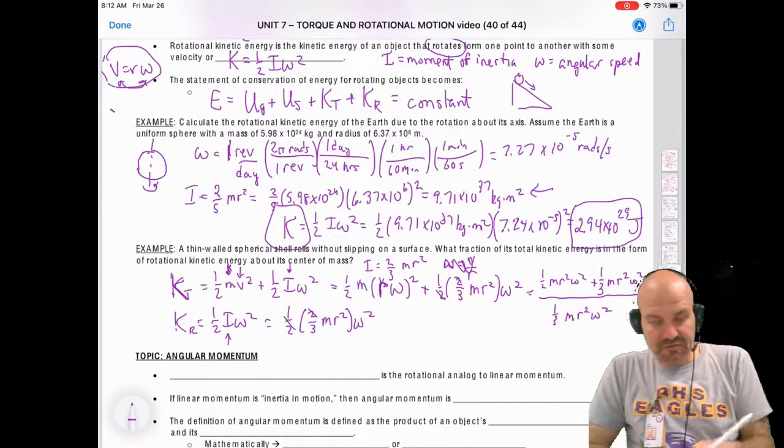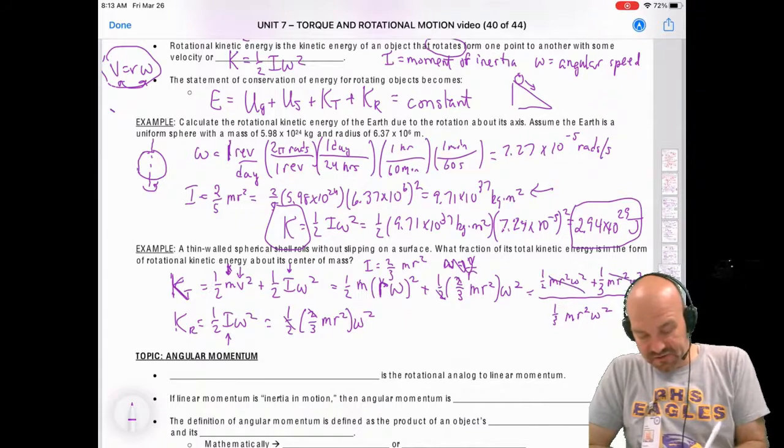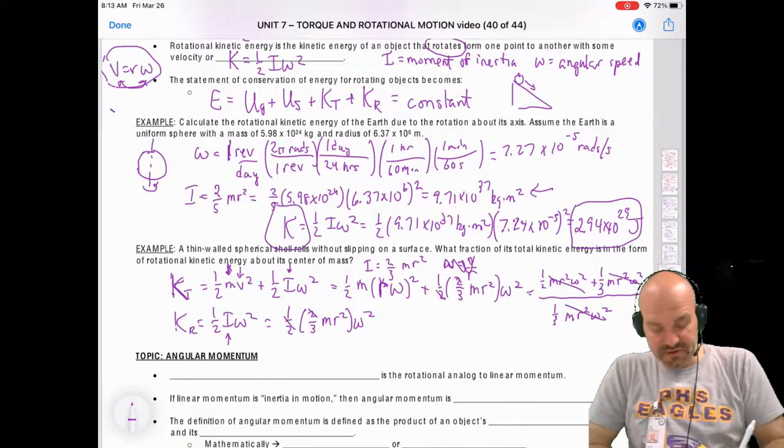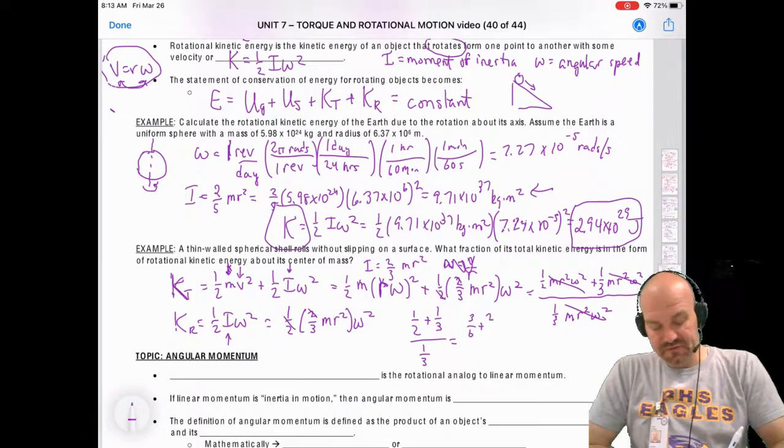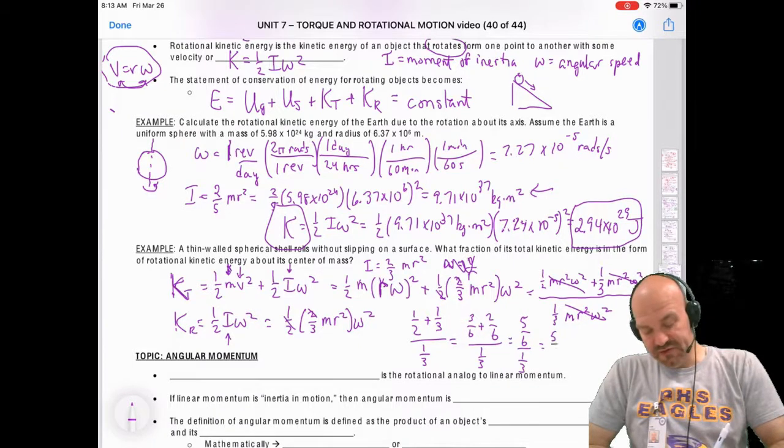So you can see, really, we're just looking at the fractions because all this mr squared omega squared is going to cancel out. And so we're going to do 1/2 plus 1/3 over 1/3. And so this is 3/6 plus 2/6 over 1/3. So it's 5/6 over 1/3, right? And if we do our 5/6 times 3/1,